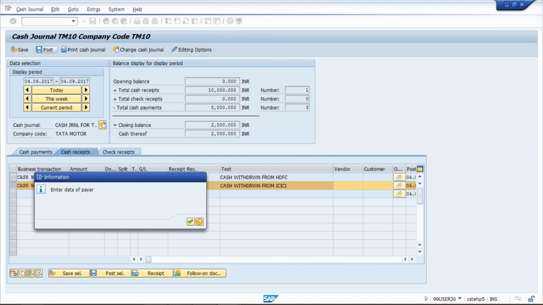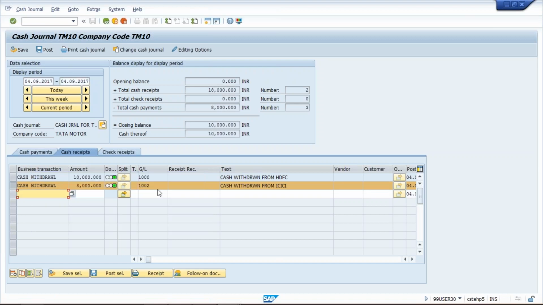Press enter. So now see, it got posted. Again, the balance has been maintained, and that too 10,000 rupees. And the correct GL, which we entered manually, has been taken by the system.